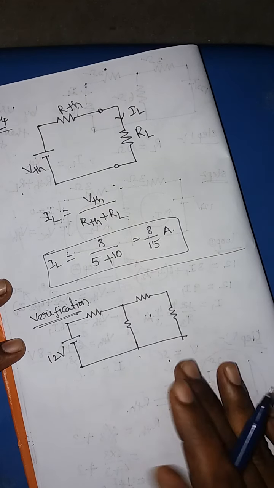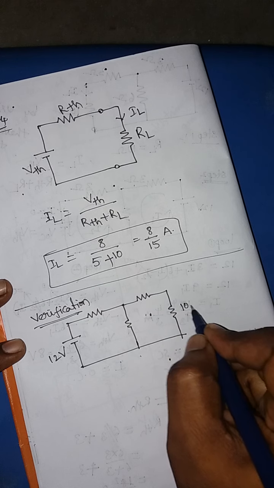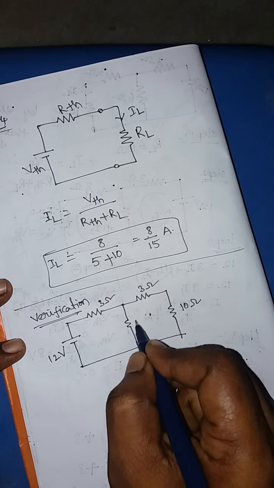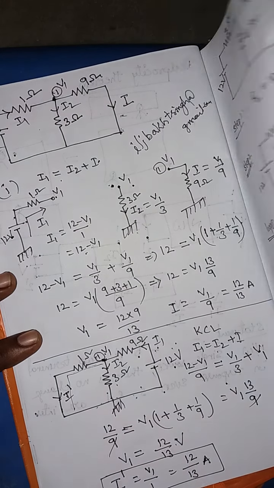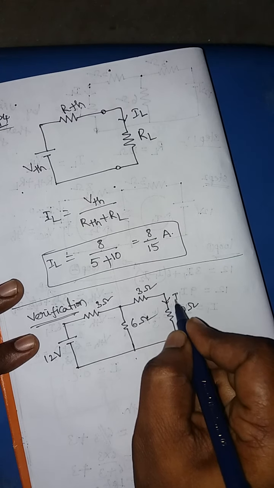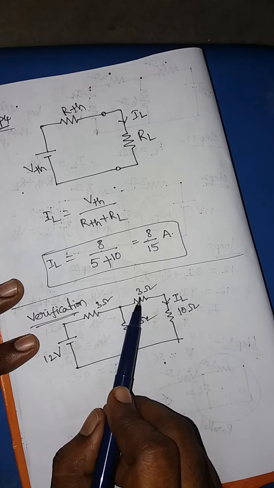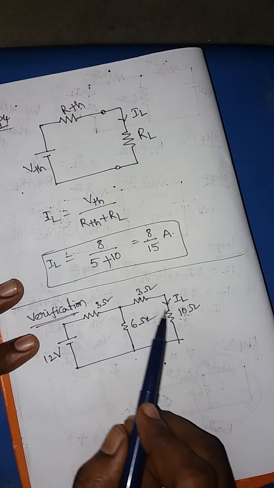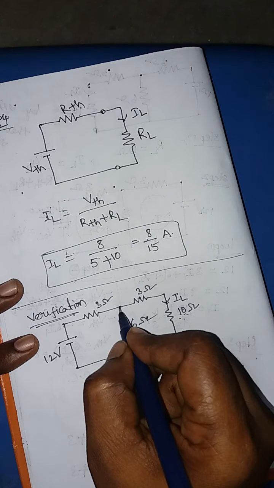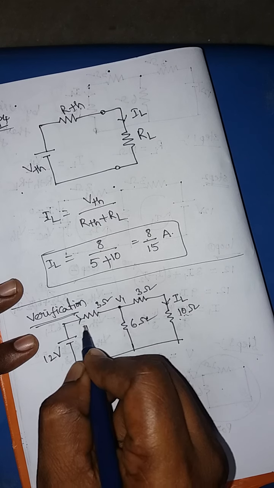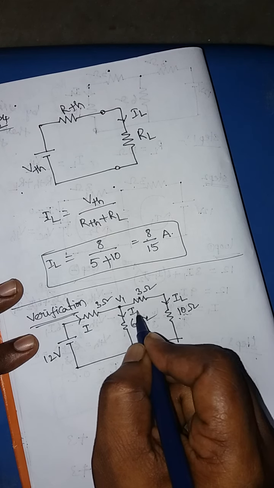So 12 volts, here it is 10 ohms, this is 3 ohms, 3 ohms and 6 ohms. Yes, it is right. So this is IL, and as 3 ohms and 10 ohms are connected in series, the current passing through these two resistors is the same. Let this node voltage be V1, this is I, let it be I1, this